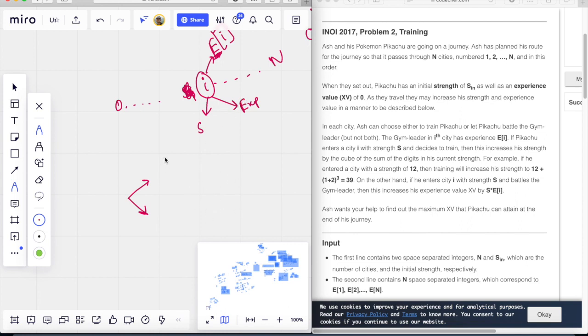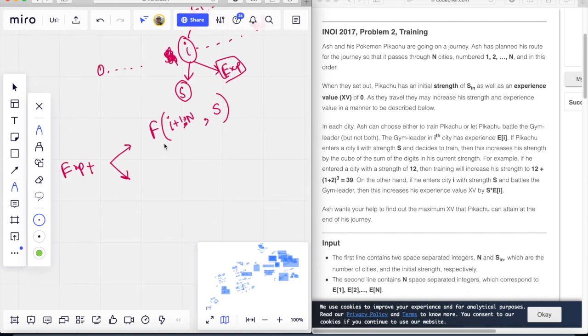Now, when I'm processing the rest of the items, notice that my EXP value currently does not really matter. Only my strength matters. So either I can do EXP plus processing i plus 1 to n, where my strength value is some S,